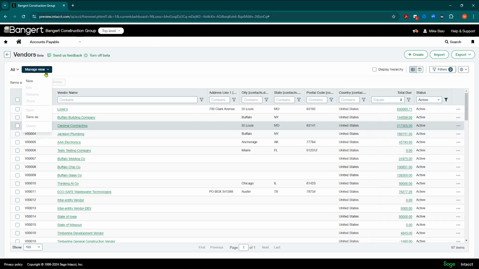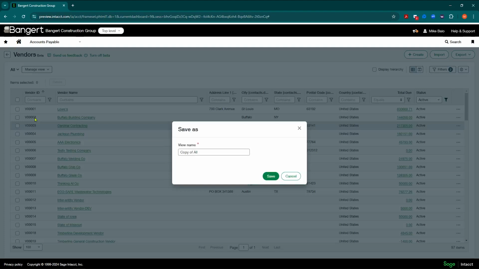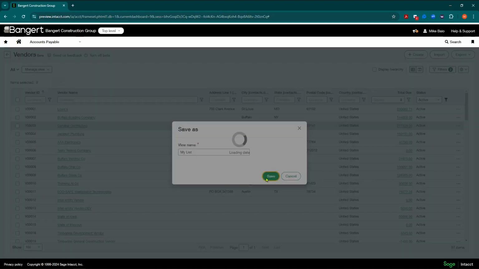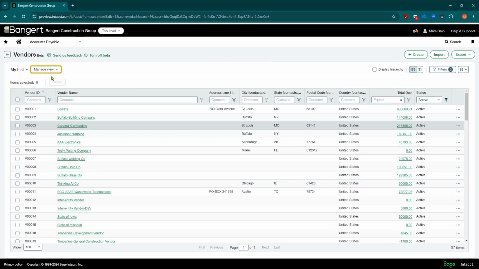Let's go back to manage views and let's start with this view. So I'm going to say create new or save as. In this case, I want to do a save as, and I'm going to call it my list and do a save as. Okay. And now I can edit that view.